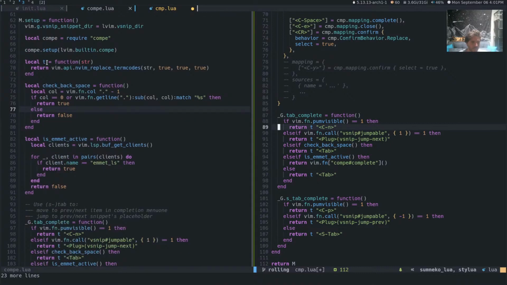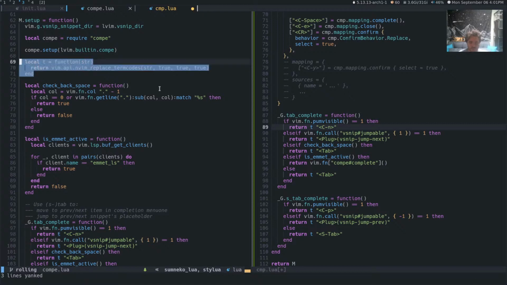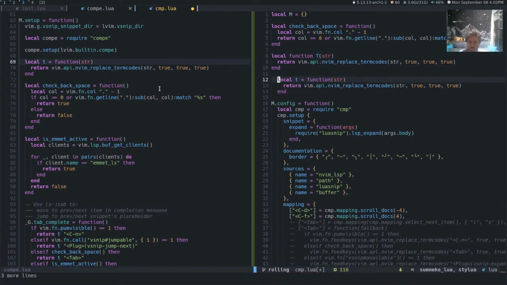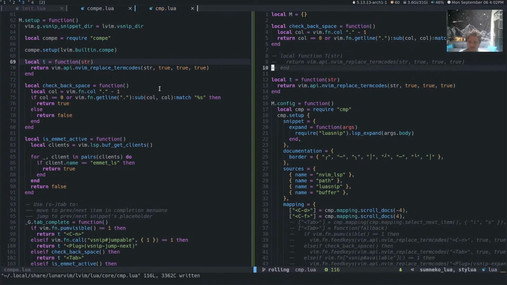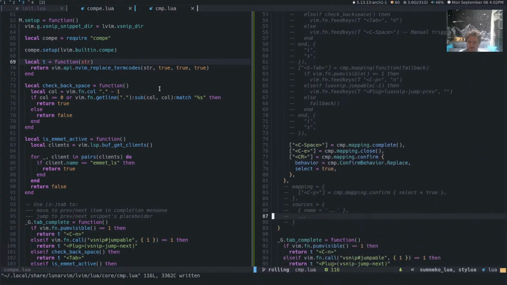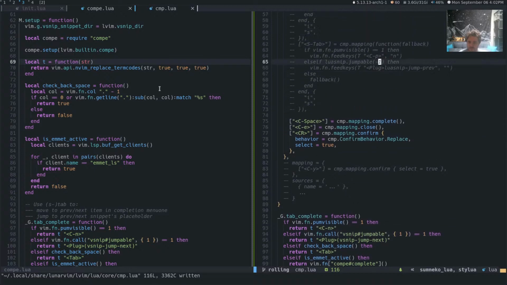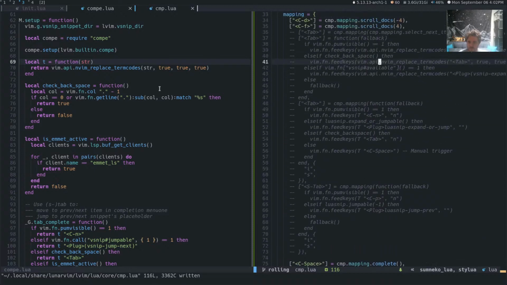T is this, replace term codes. So that's what that was over here, where we have this capital T now. And then instead of the else if for vsnip, we're going to do lua snip.